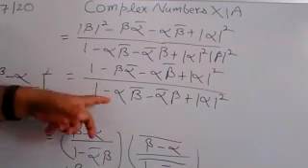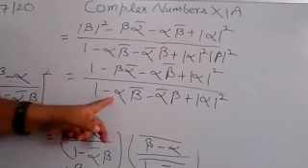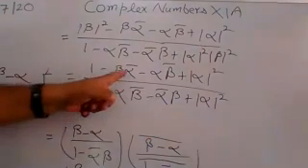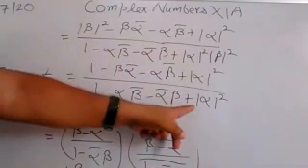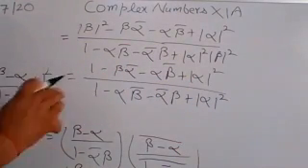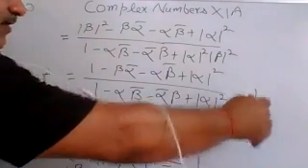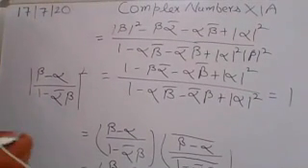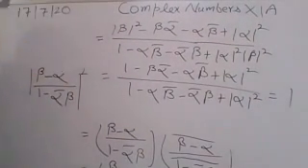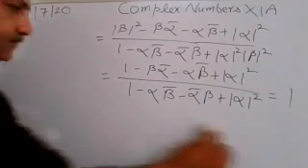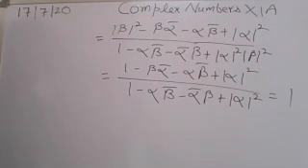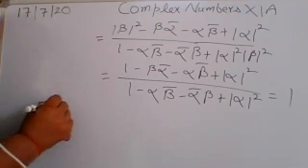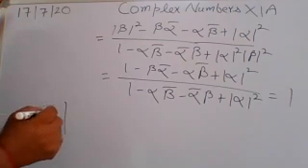So here you see that you have the same terms: 1 is there, minus alpha beta bar, alpha bar beta, and mod of alpha whole square in both. So you have the similar terms, so that value is 1. So finally, here you find that the mod of beta minus alpha